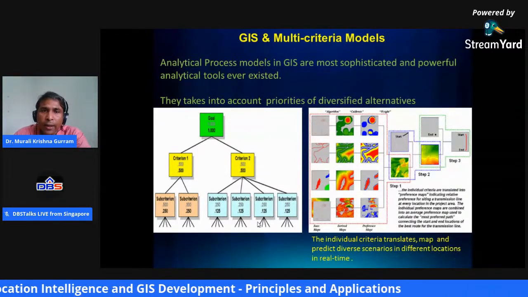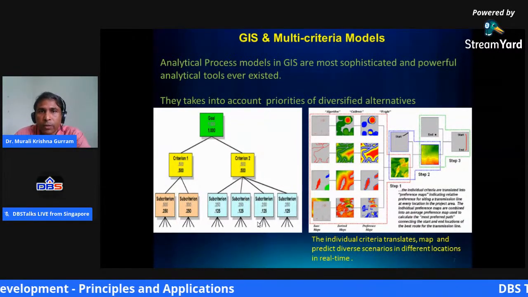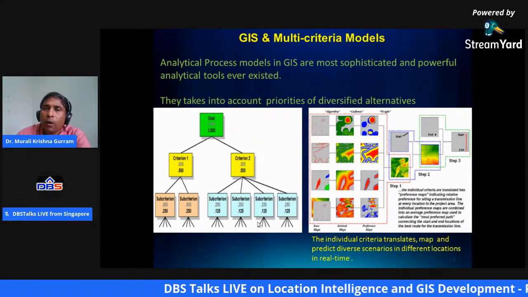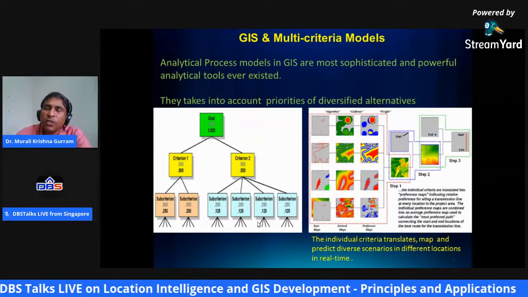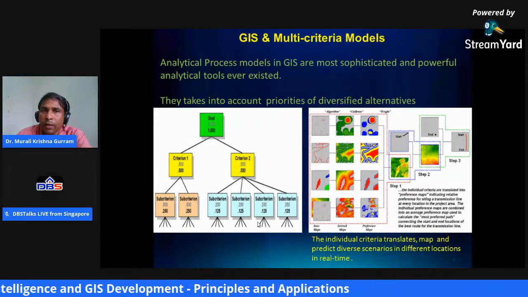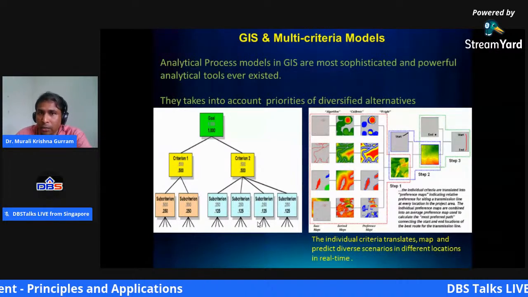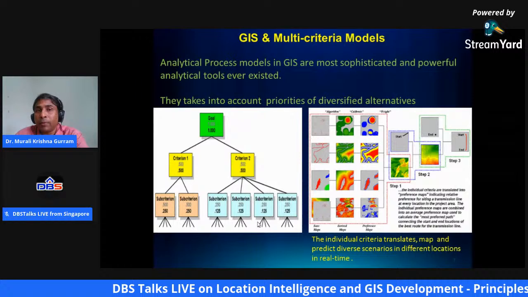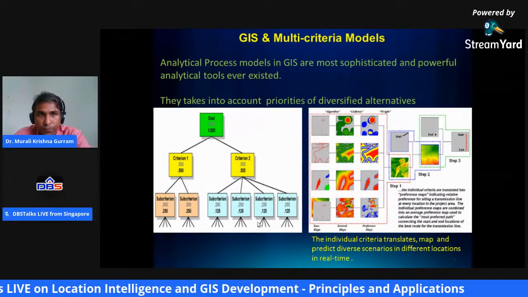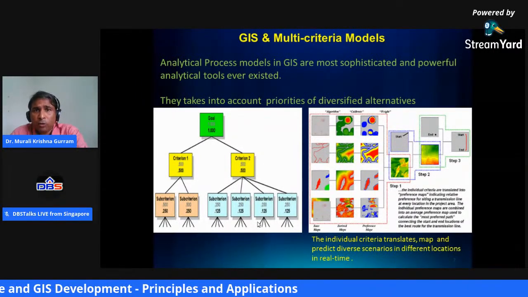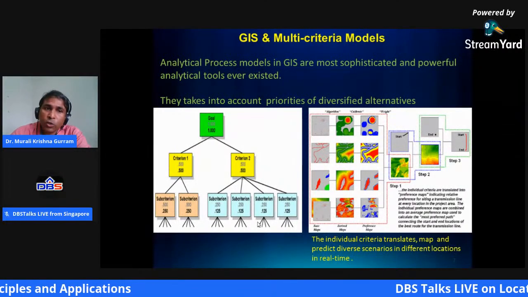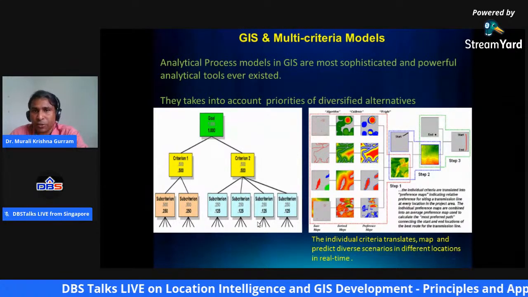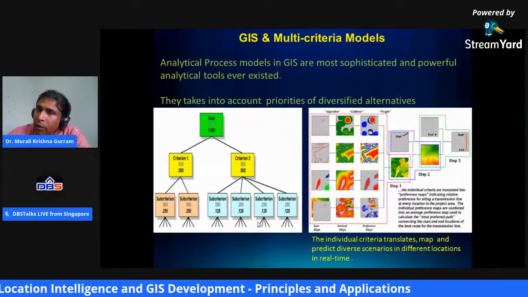So these analytical hierarchical process models help you identify, prioritize, select or classify a phenomenon based on criteria, using analytical hierarchical models, which are highly sophisticated and powerful compared to any other decision science tools. In fact, these are the basis for data science, where you have classification, machine learning, artificial intelligence.